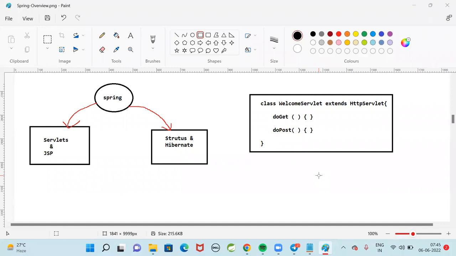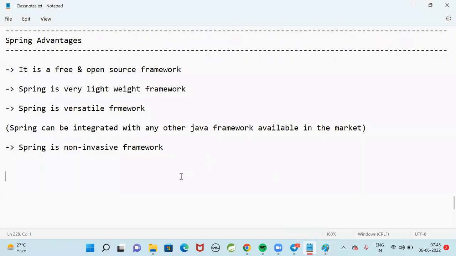That means servlet technology is forcing programmers to use servlet interfaces or servlet classes. That is tight coupling. They are forcing you to use technology-specific interfaces and classes. Either you have to implement the servlet interface or extend generic servlet or HTTP servlet.